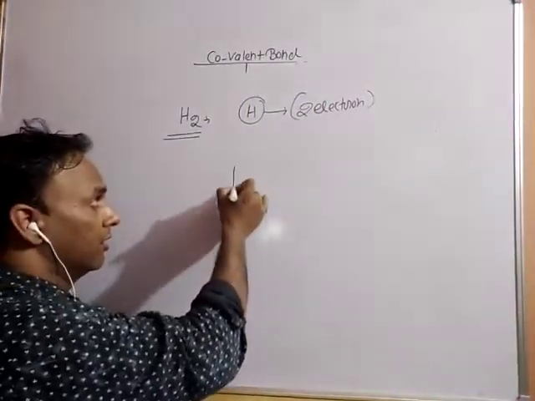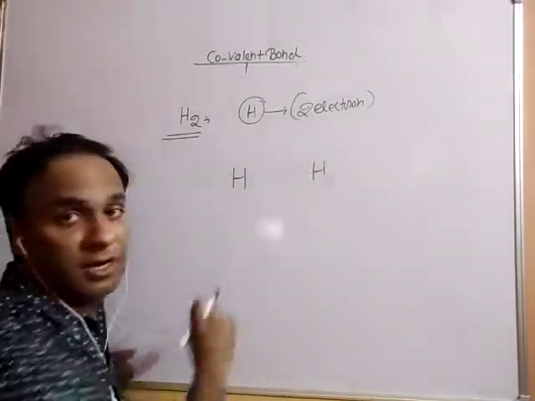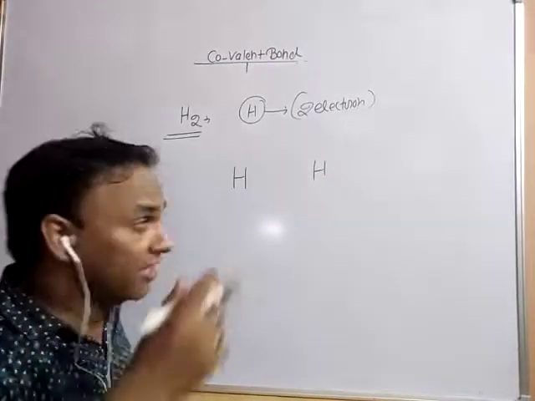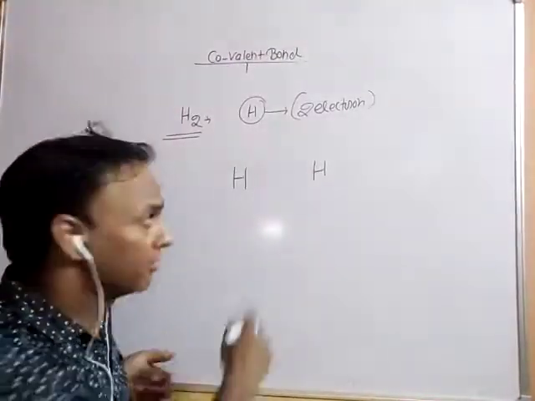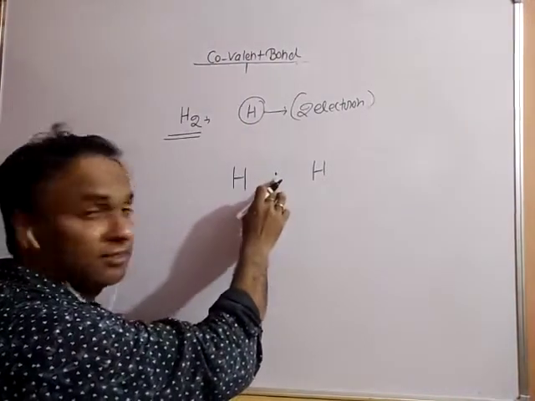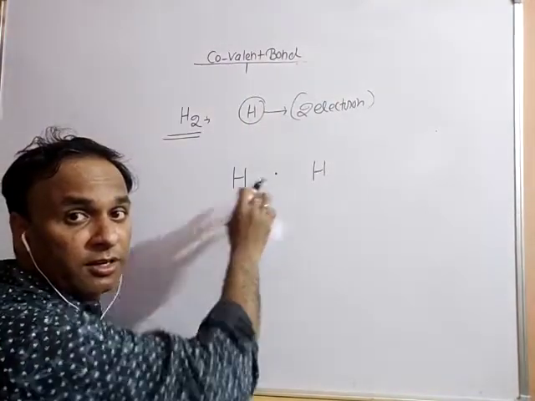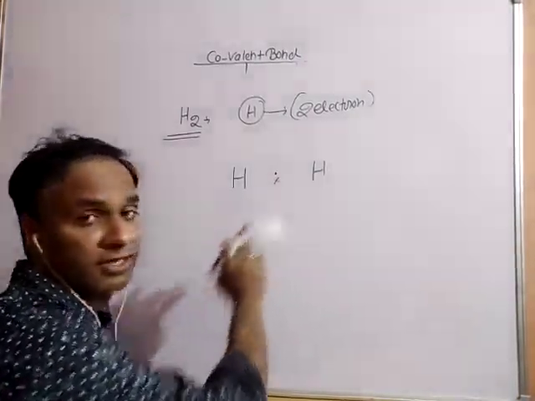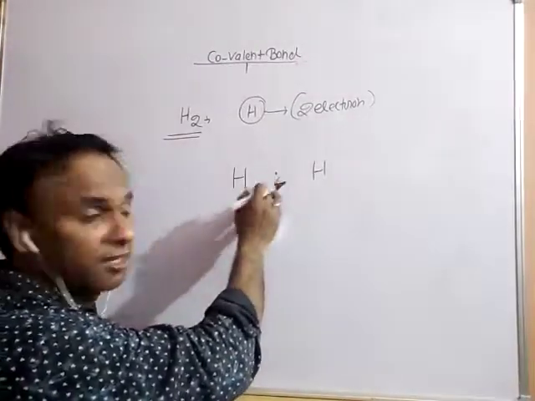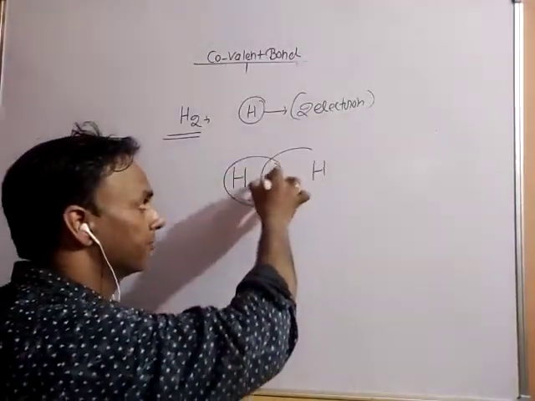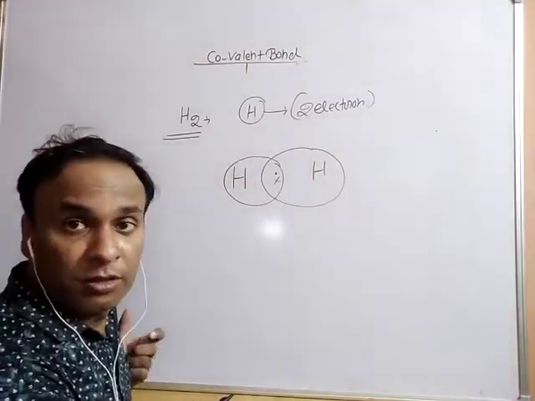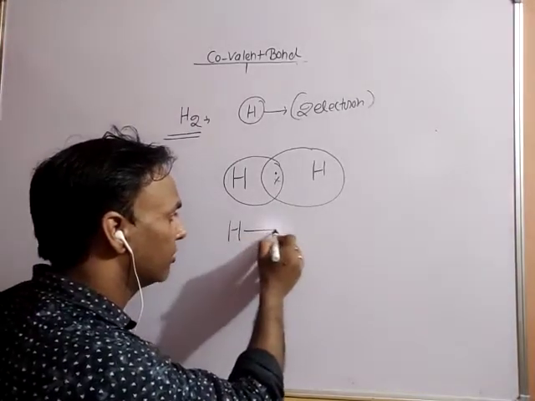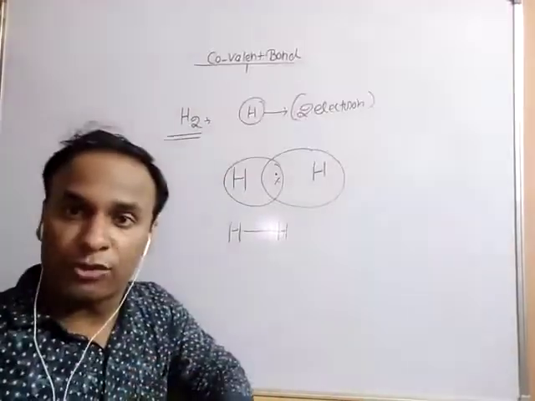Here this is the hydrogen atom and its atomic number is 1. So there is 1 electron in each hydrogen atom, which is shared. This electron is for this hydrogen and the cross electron for the other hydrogen. When the 2 electrons are shared, that forms a covalent bond, which means 2 electrons are shared. That's why a single bond is obtained between hydrogen and hydrogen.